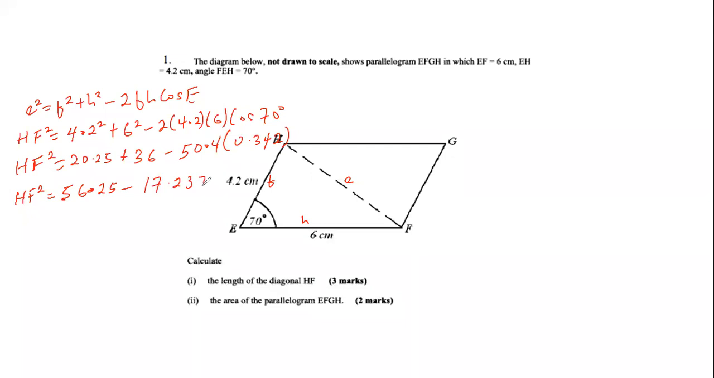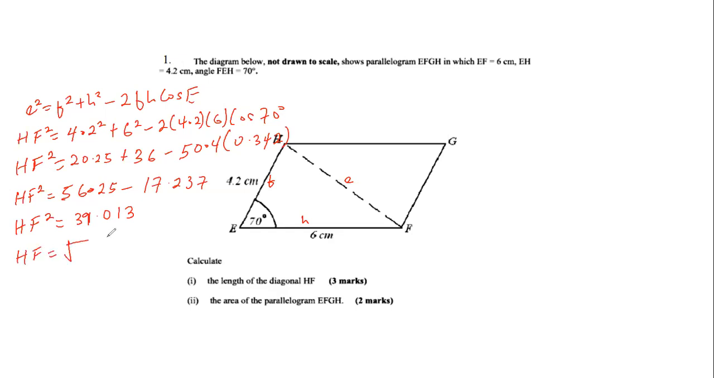17.237. Okay, all right. So HF square. When you minus this one, what do you get? I get 39.013. Yes, sir. Okay, so H